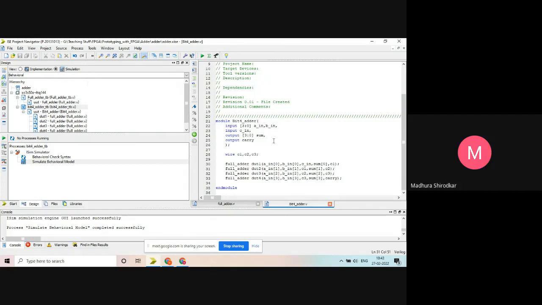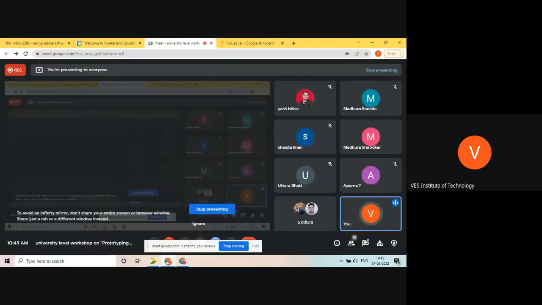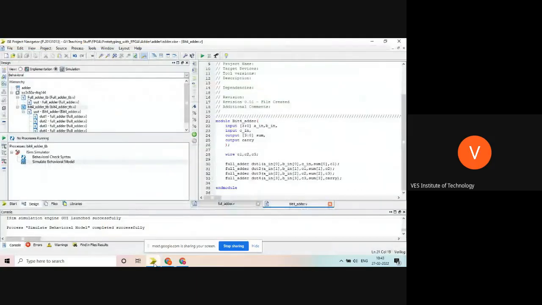We can use this as a submodule for a 32-bit adder, because this is a 4-bit one. That is another solution. But if I wanted to make a modification in the same code, how to do it? See, many times we have lots of design. Let's say I wanted to instantiate 100 modules. Is it advisable to write 100 modules? It will be a very difficult task, because I have to copy this again and again, 100 times, then check the inputs, which is a very tedious task. It takes time, as well as consumes a lot of energy to check each and everything.